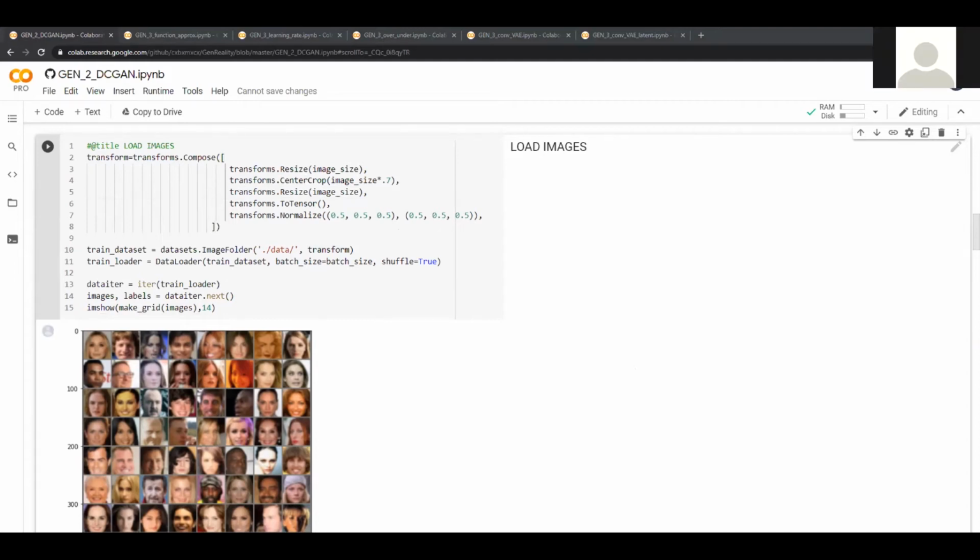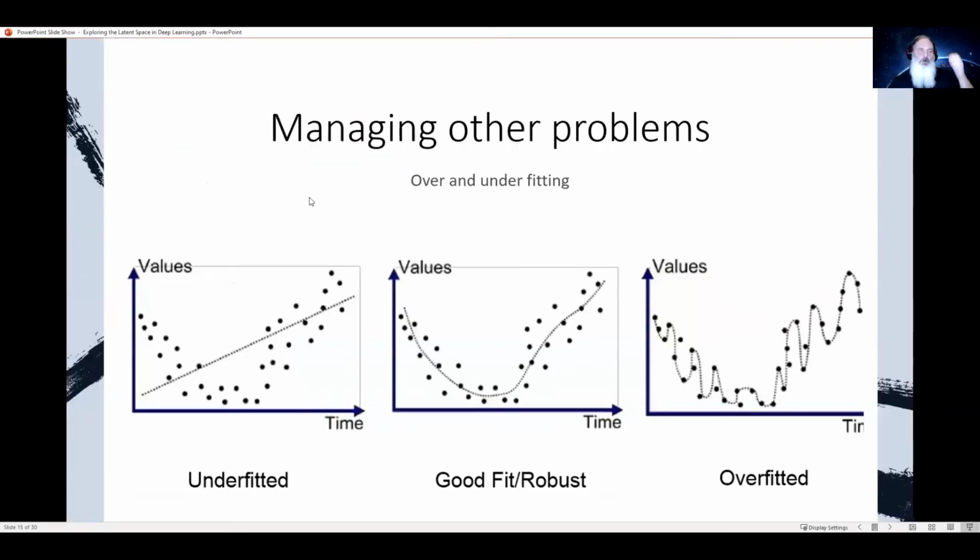Okay, so let me just go back. Okay, so really what we're talking about in a lot of cases is managing over and underfitting, right? And a lot of times, if our network is too small, or we don't have enough data, or the learning rate's not fine enough to pick out the model, you'll typically run into underfitting problems. On the opposite side, if you have not enough data, or the network's too big, or generally not the learning rate. The learning rate might still be small, but for instance, if you have a network that's really large,